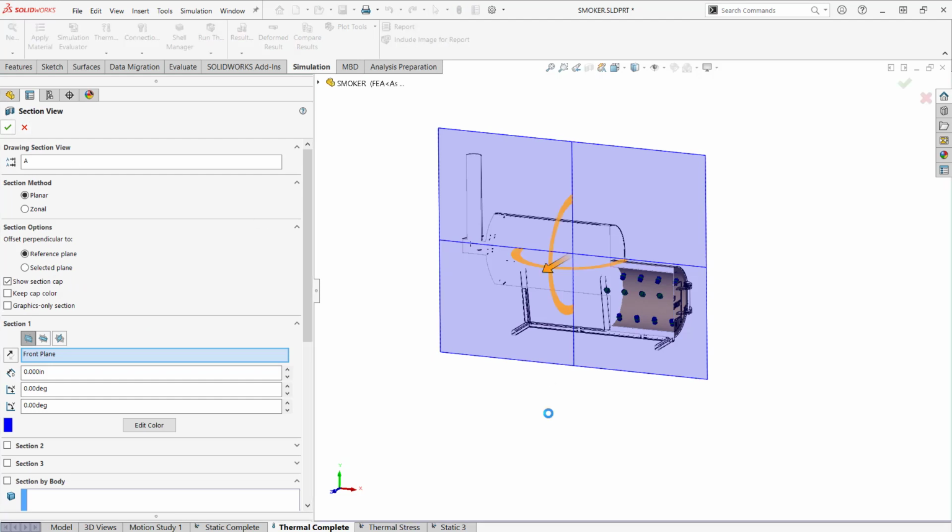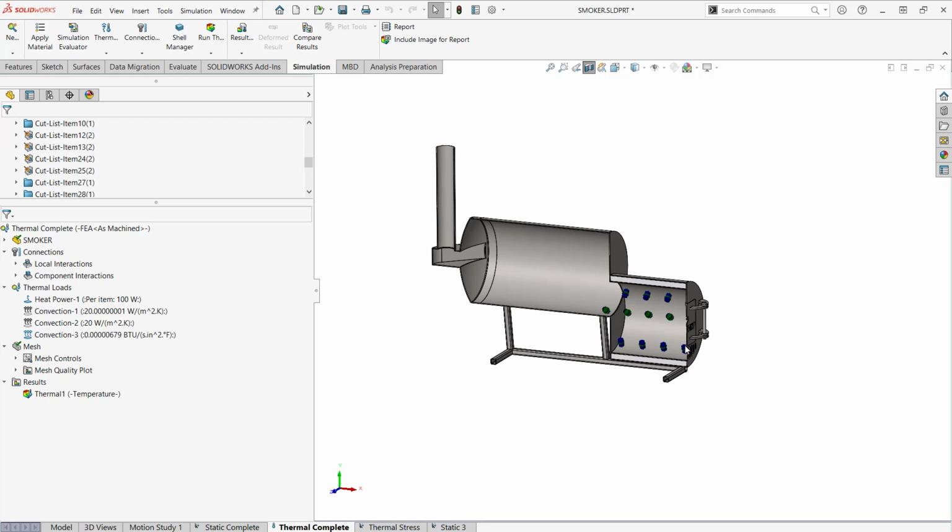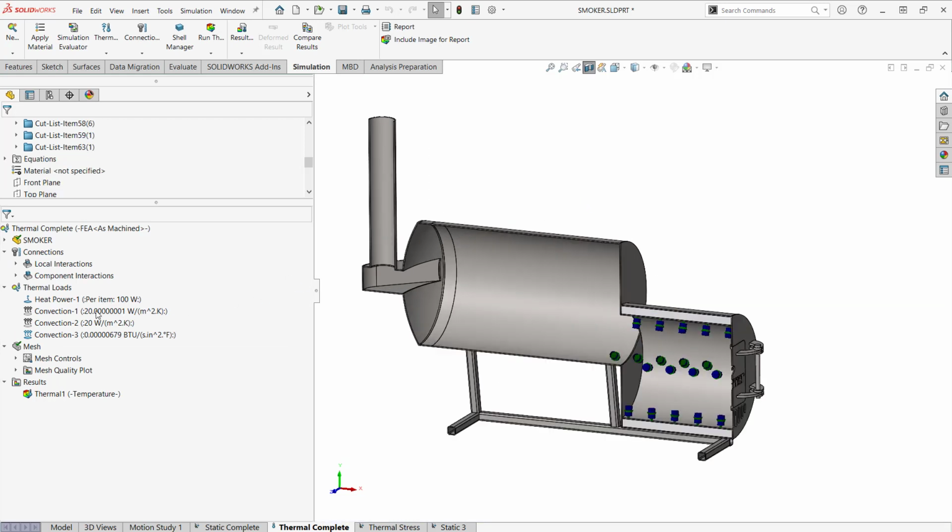I set up some hot air assumptions blowing through the center of the tank. Those are the outside air. So I have outside air at 70 degrees Fahrenheit blowing along the outside, cooling it off. I've got, I think, 300 degrees Fahrenheit air blowing along the inside of the smoker. And then I've got about 500 degree air blowing along the inside of the firebox. Just some assumptions based on interviewing a few pitmasters out there, but